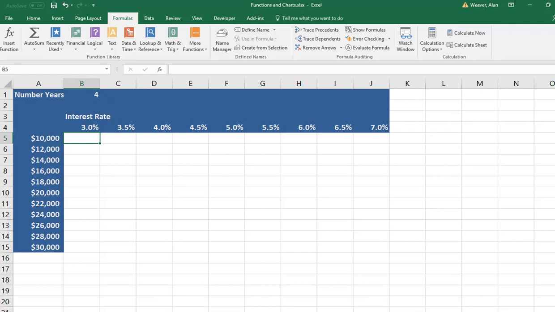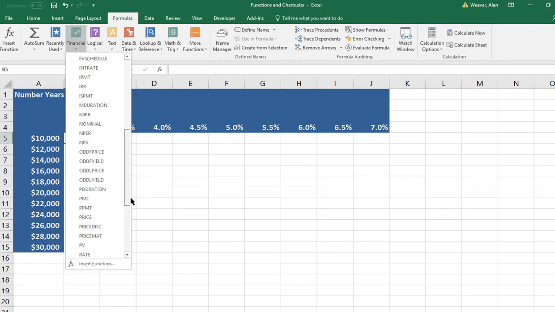Let's go to calculator. This is using the payment function again. We're talking about mixed references, where you're financing a car. You're going to do the formula once. You're not going to do it a gazillion times. So we're going to be using the F4 key to do this. I go into financial, PMT,